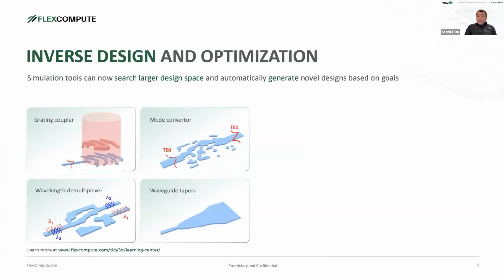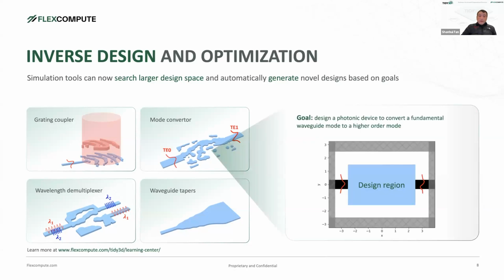The ability to do these fast simulations also enables the ability to do design and optimization. And here in particular, we have incorporated a very powerful inverse design technique based on the adjoint variable method, where one can compute the sensitivity to a large number of parameters efficiently to compute a gradient for optimization. And this is something that